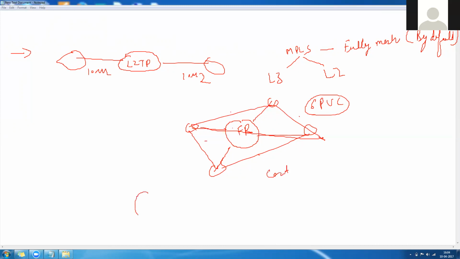But in MPLS, you are just connected. Suppose normal, I'm telling you, just a basic. If you are connected to an MPLS, you are by default fully mesh. You are paying for one connection, getting fully mesh. So here the cost is less. Because suppose this is an internet connection and you are connecting to MPLS, so you will get connectivity. That's your local understanding. Okay, so why is everyone using MPLS? That is the first reason. Okay, apart from that, how it works,